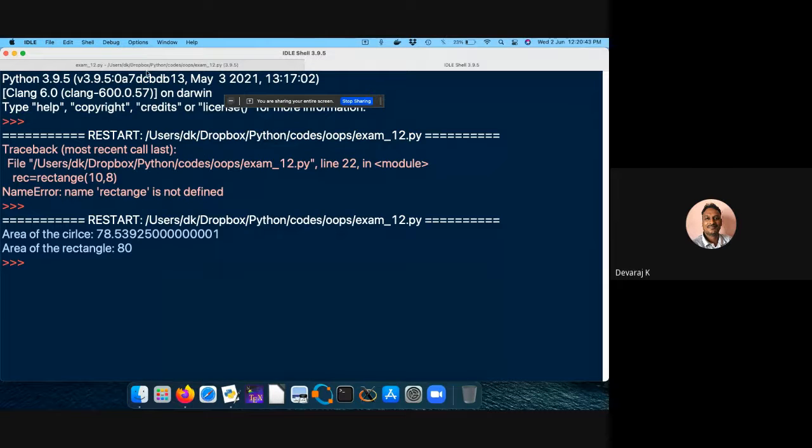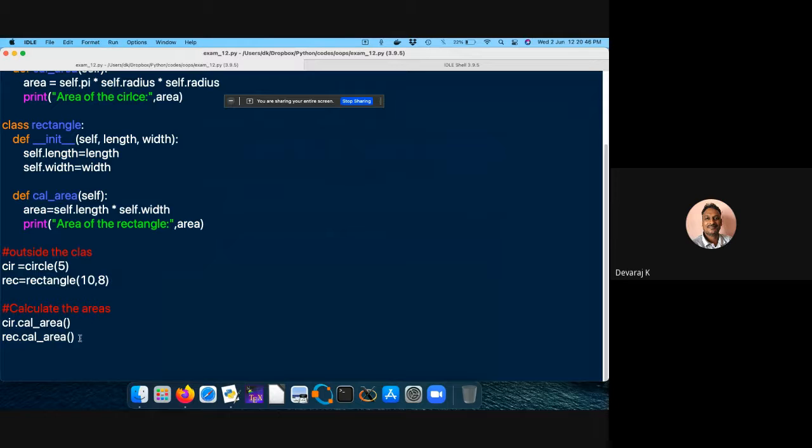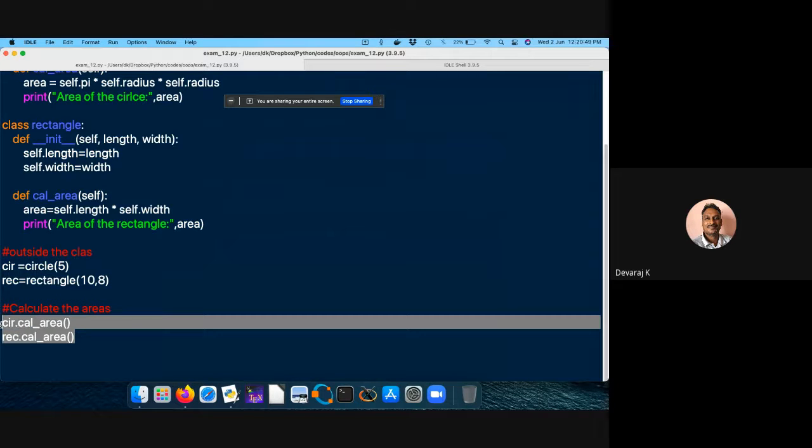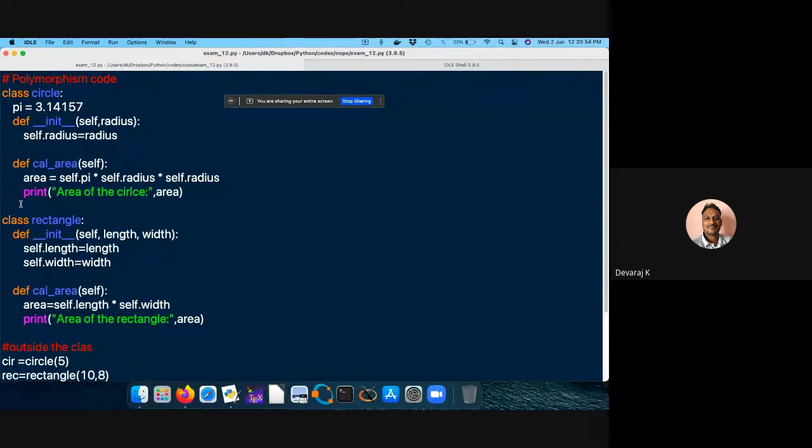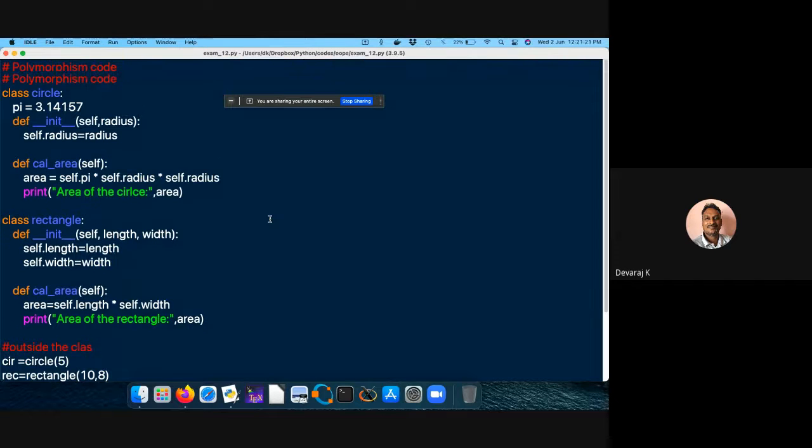Okay. So here, one thing is, this is the polymorphism where I'm trying to call the same class method again and again. So two times I called. Maybe if I have a couple more classes, maybe one more rectangle, I can use this. Say for example, maybe I want to do some repeatable operations again and again. At that point, I'll be calling these methods and getting the same job done. Maybe the set of lines below in the class method may be different, but the calling name is the same. So that's why it is called polymorphism. See, same thing again and again. Is that fine?